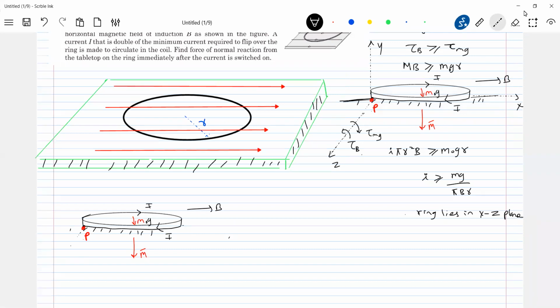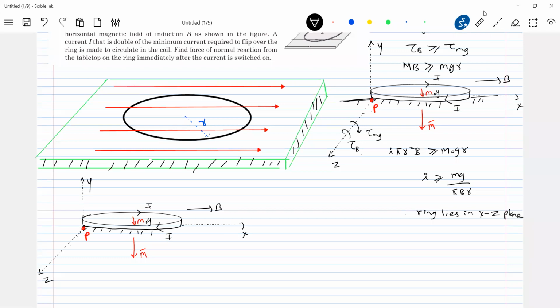Okay, now let me pass a current which is twice of this. Let's see what conditions will arise here. So he's asking about the normal reaction. This is just bringing in some rotational mechanics ideas. These are some mixed concepts which will really help a student a lot. They're not only about magnetic force; the application part is what I'm trying to stress here.